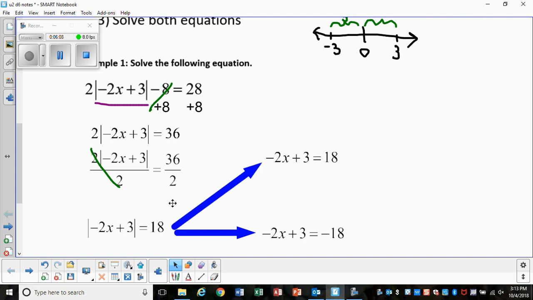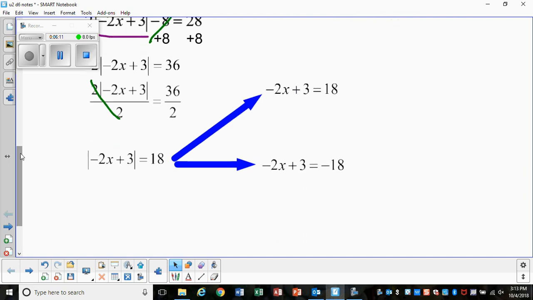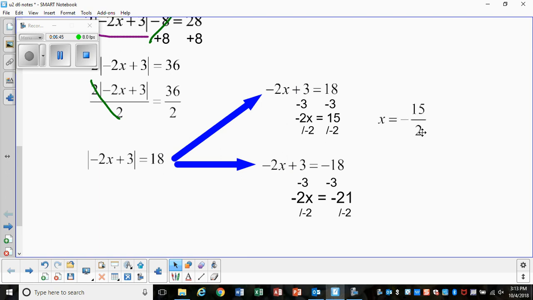Alright, now that we have our two equations, we just go ahead and solve them. Both of them, we're going to solve the same way. We're going to subtract 3 from both sides on both equations. So here the 3's cancel out, here the 3's cancel out. So I'm left with negative x equals 15 up top. And down below, I'm left with negative 2x equals negative 21. Now I can go ahead and get x by itself by dividing both sides by negative 2, and I can do it down here as well. And then up here, I'm going to get x equals negative 15 over 2,